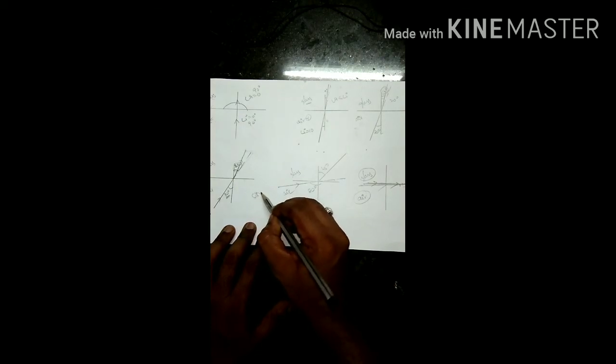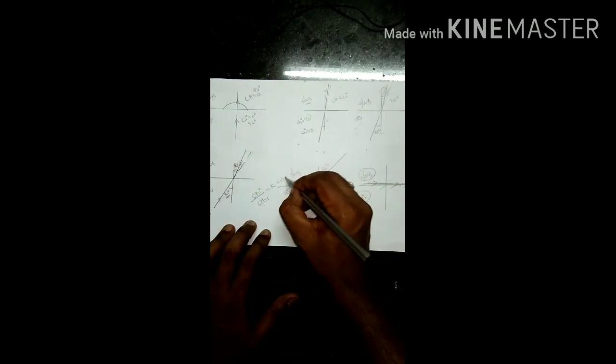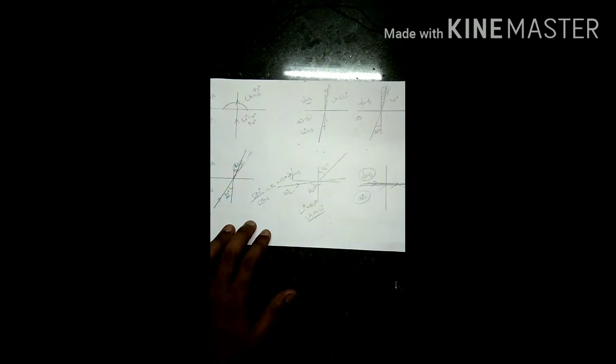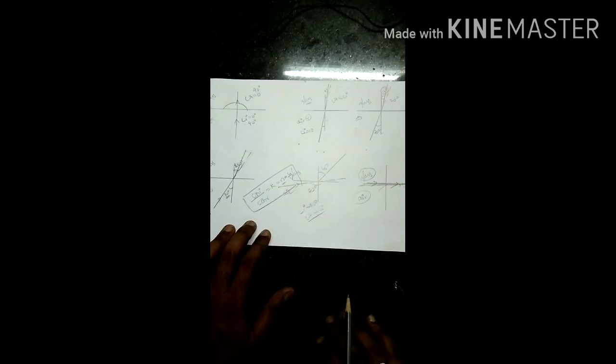This is totally what we proved: sin i by sin r is always a constant, that is nothing but n, the refractive index. This value is equal to c by v. Why? Because yesterday we already said refractive index n is equal to c by v. This law is called Snell's law. Once again, Snell's law is nothing but sin i.